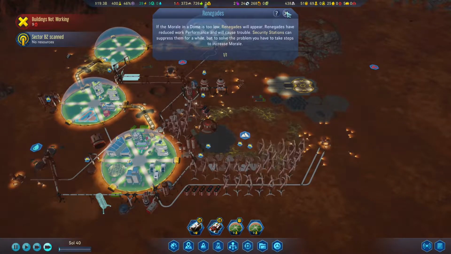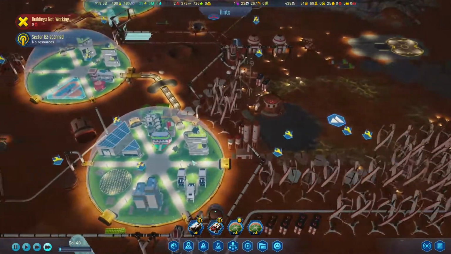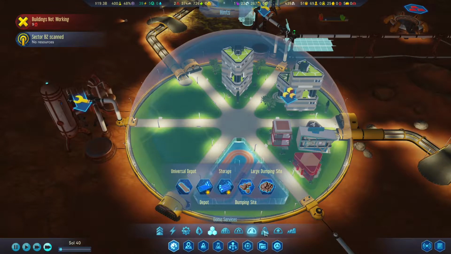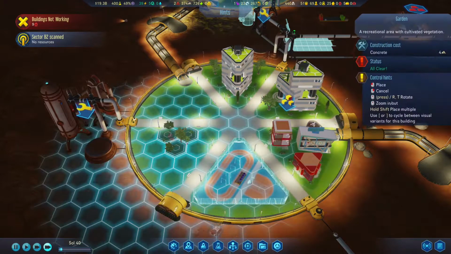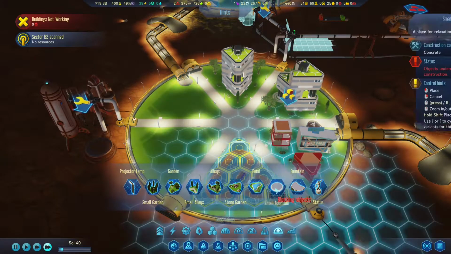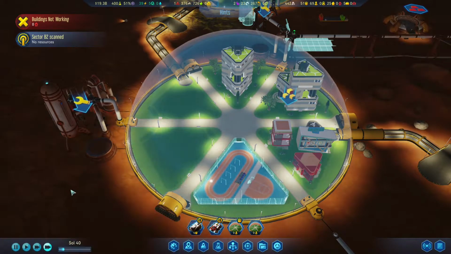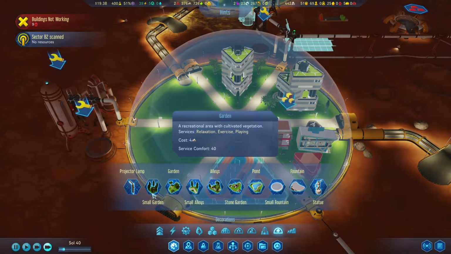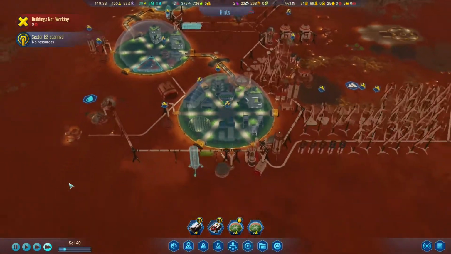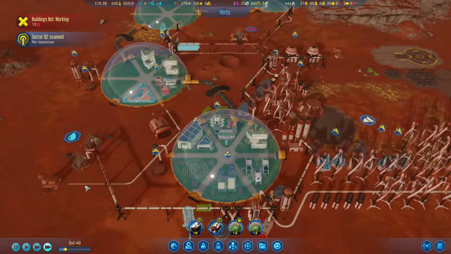Renegades have reduced work performance and will cause trouble. Security stations can suppress them for a while, but you'll have to take steps to increase morale. I mean, I'm doing what I can about morale, I'll be honest. I'm not forcing you to stay in your dome or anything, and there's plenty of domes around. Got a lot of options, but who knows? Well then,